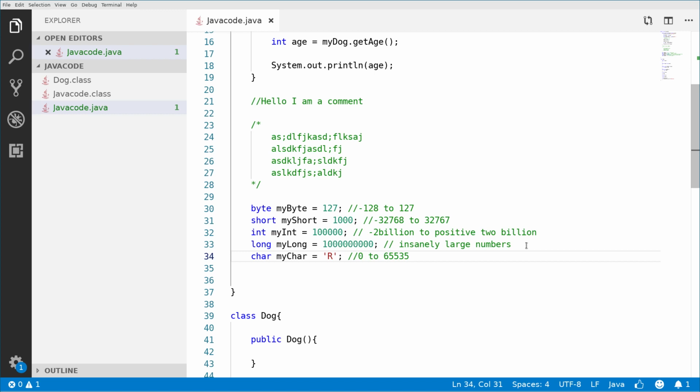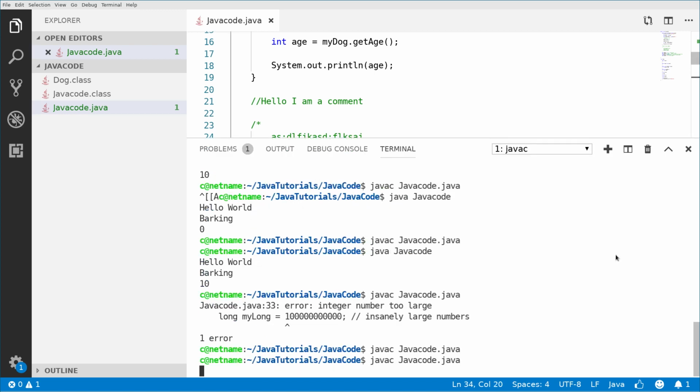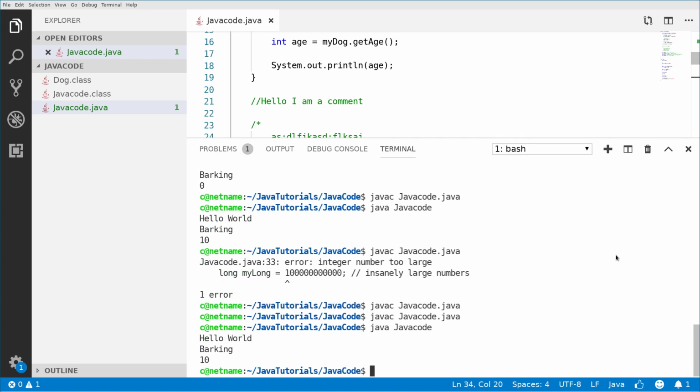So this is basically how we can define these different integer data types that will enable us to store numbers, or in this case, a character, right? So let's compile it to check that everything is still working, okay? And yeah, it's still working.